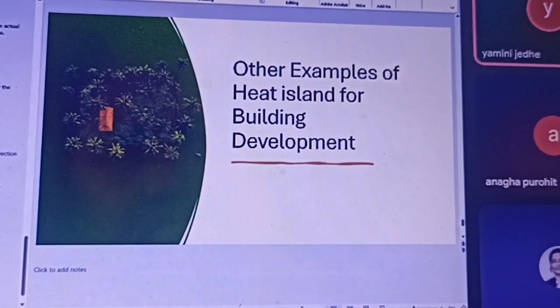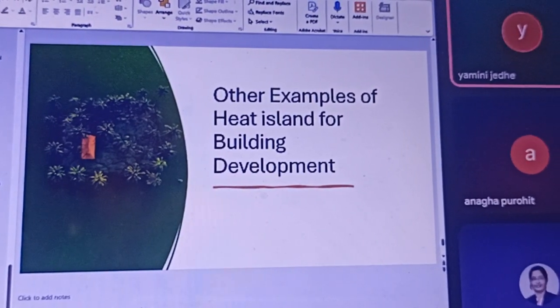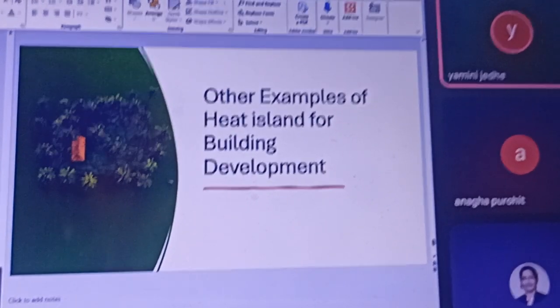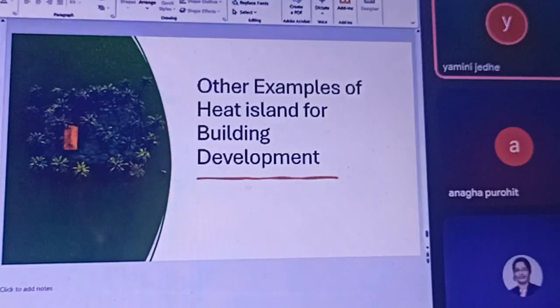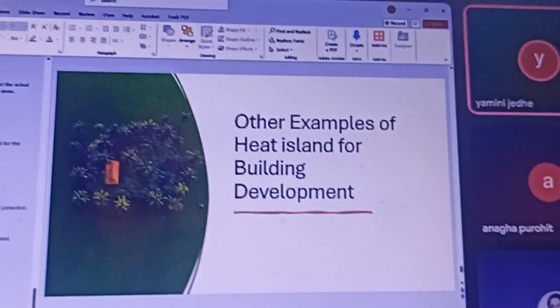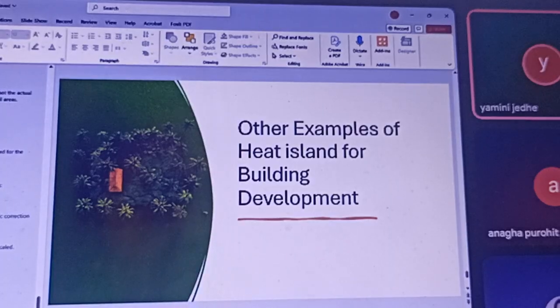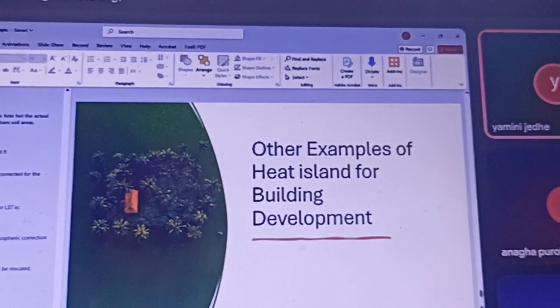For that, what you have to do, you have to first take out your AOI, that is area of interest. In January, you can take it out, you can identify the surface temperature and heat island impact. Then you go into the rainy season, mostly in August or September, you can take out the images and you can identify the heat island impact on the smaller area.